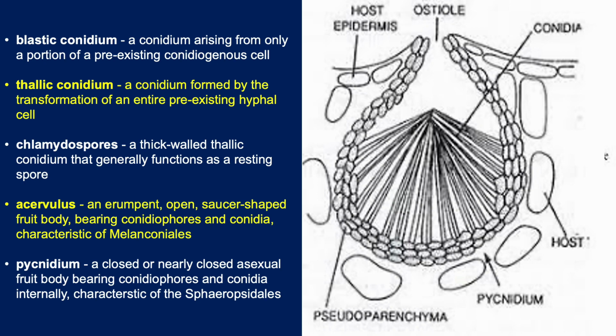Next terminology is Pycnidium. This is a closed or nearly closed asexual fruiting body bearing conidiophores as well as conidia internally. This is the characteristic of the order Sphaeropsidales. A particular pycnidium has different parts like ostioles, then conidia, and these are the main parts of a particular